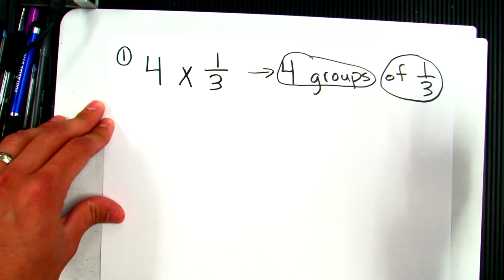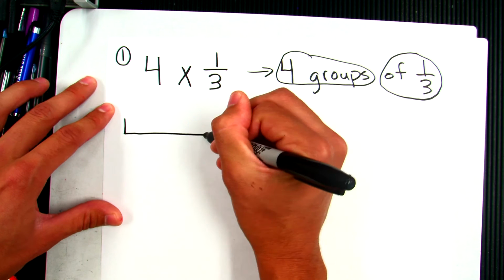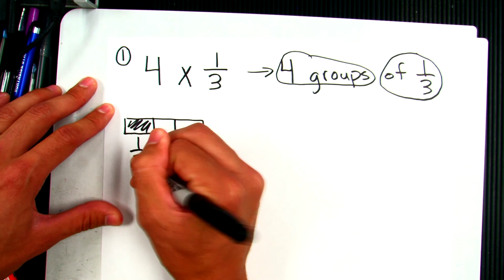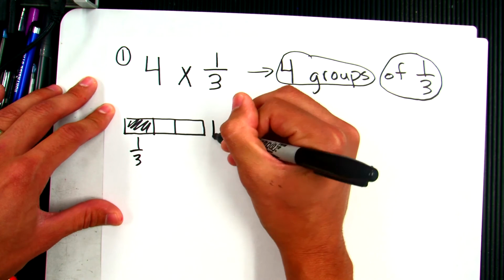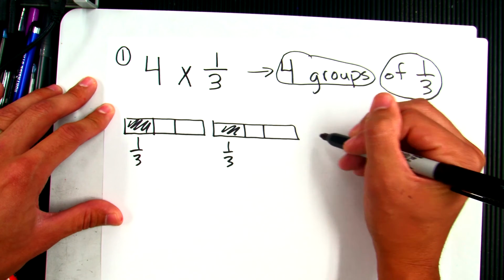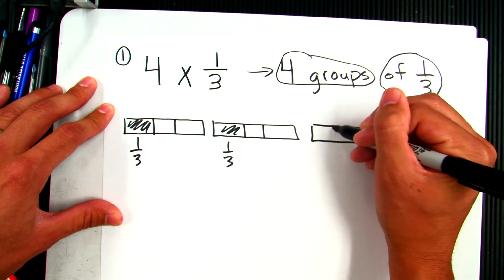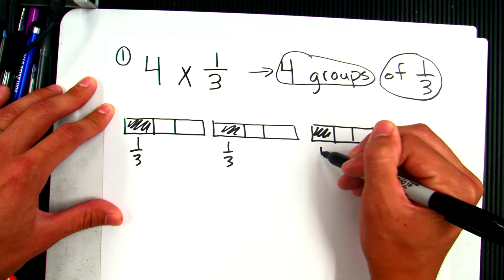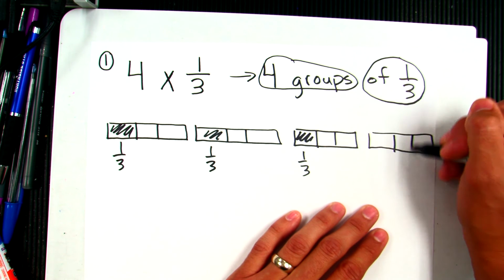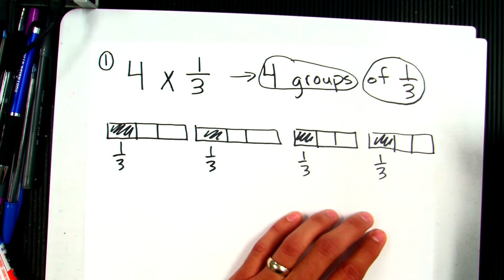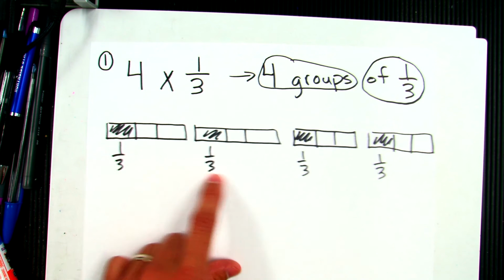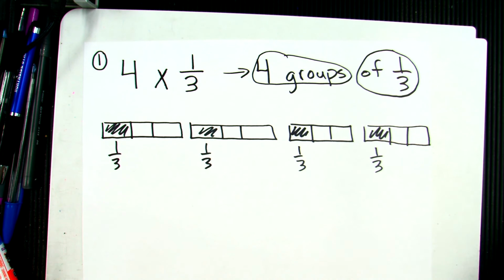So I want to represent that. I want to show 4 groups of 1/3. Let me draw a 1/3 and shade it in. There's 1/3. And I want to do that 4 times. I'm going to have to make that smaller so I can actually stay on the page. Okay, so just like I just showed you with the 3 times 2 and 2 times 3, I have 1/3 over and over 4 times. So if I were to add them up,